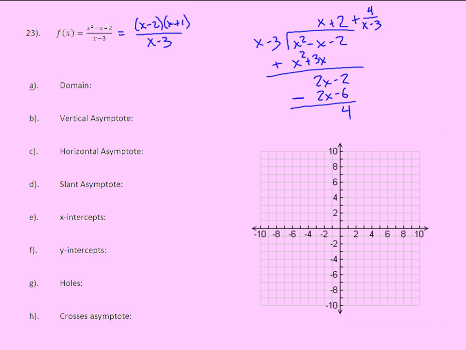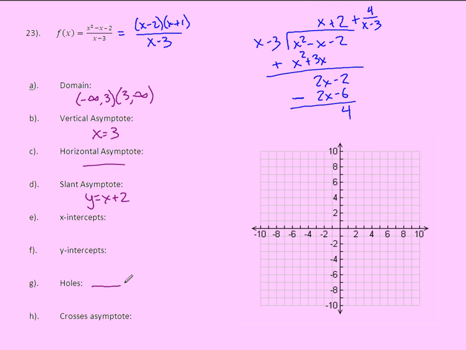My only domain issue is here, x equals 3. So negative infinity to 3, and then 3 to infinity. Vertical asymptotes are where the domain issues happen and it doesn't cancel. So it's x equals 3. Horizontal asymptote or slant asymptote comes from the long division. So it's a slant asymptote because it has an x in it, so there is no horizontal asymptote. I should have said because this only domain issue was an asymptote, it can't be a hole, so there are